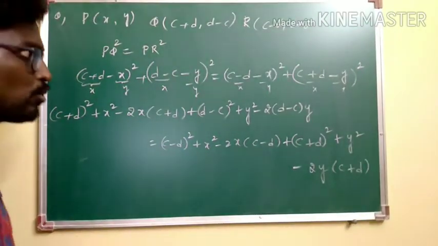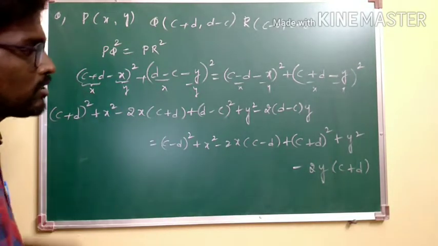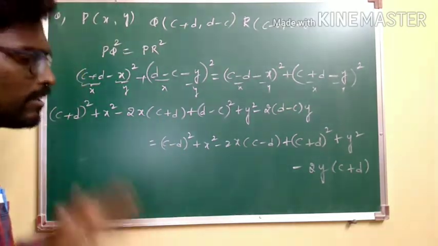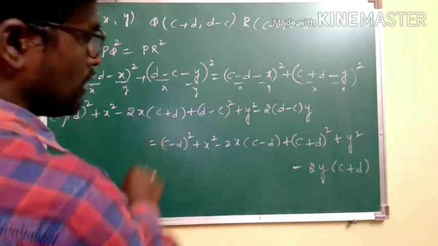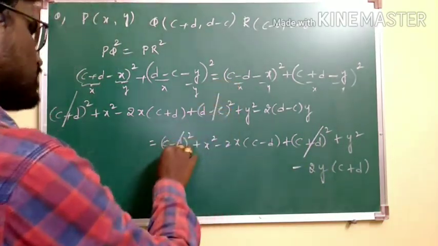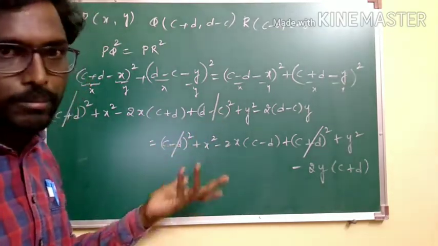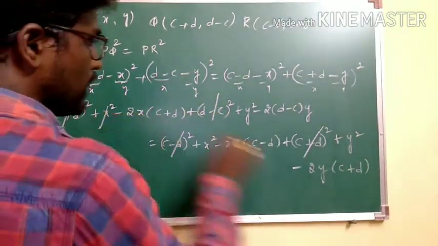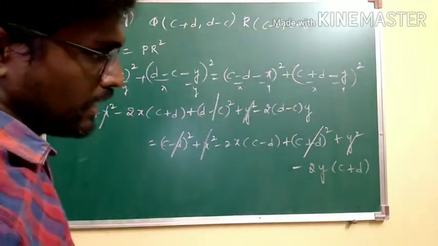The reason that I have told you to take it this way is that only by taking (x minus y) whole square expansion we have got that many terms. If you expand according to (a plus b plus c) whole square, the terms are going to be many, you may get confusion. See here, (c plus d) whole square gets cancelled on both sides, and (d minus c) whole square, (c minus d) whole square, because here we have power 2, even on taking minus common factor there won't be any change in the result, so I could cancel directly here. And x square, y square got cancelled. See how many terms we could eliminate directly.